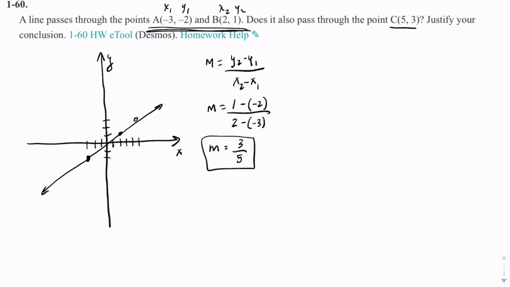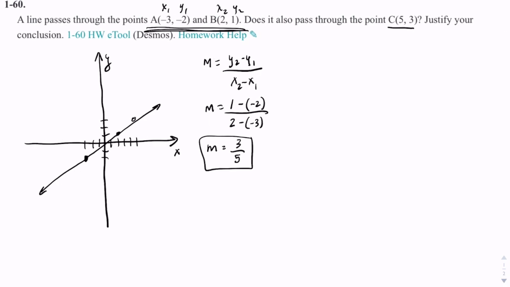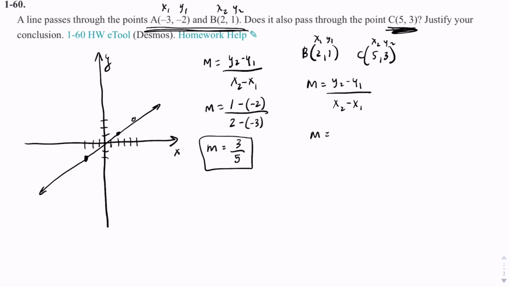Now I'm going to take the slope between this point, C, and either one of these points. So I'm going to do it between B, which is 2, 1, and C, which is 5, 3. Now, if it goes through that point, then it's going to have the same slope, 3/5. So again, this is x1, y1, x2, y2, and the slope formula, y2 minus y1 over x2 minus x1. So the slope is 3 minus 1 over x2 minus x1, which is 5 minus 2. The slope is